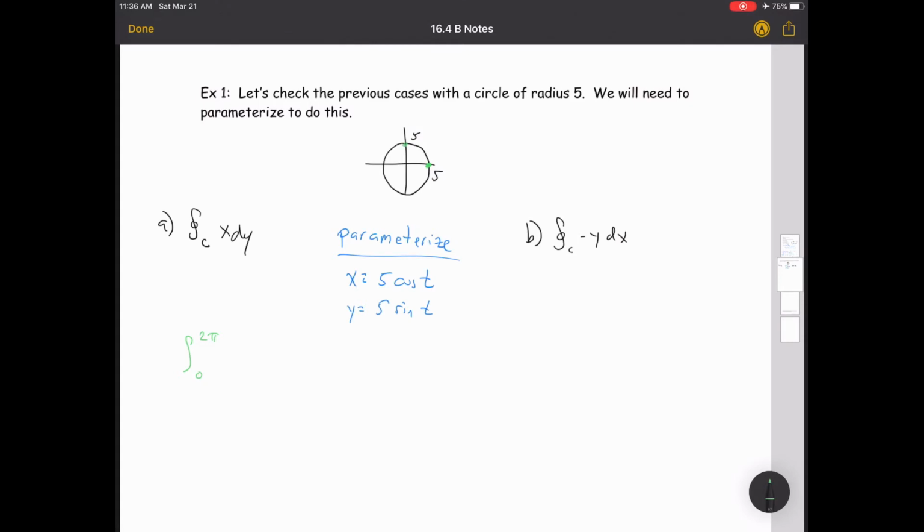So we are traversing this thing in the correct direction. That is actually important to make sure that that's the case, that you're going around it in the correct direction. So 0 to 2 pi looks right there. All right, so the first one, x. X is 5